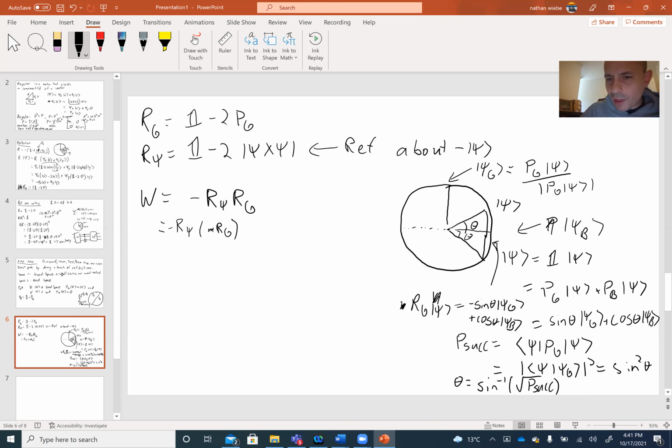We've flipped the sign of the y component, which is the psi g component,